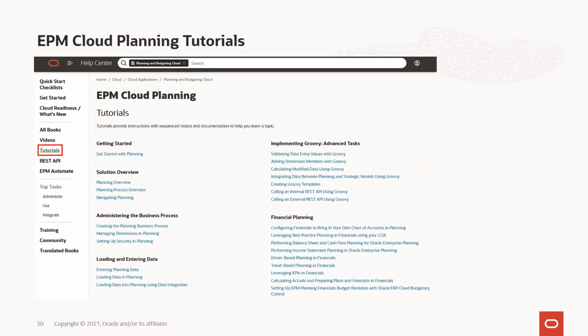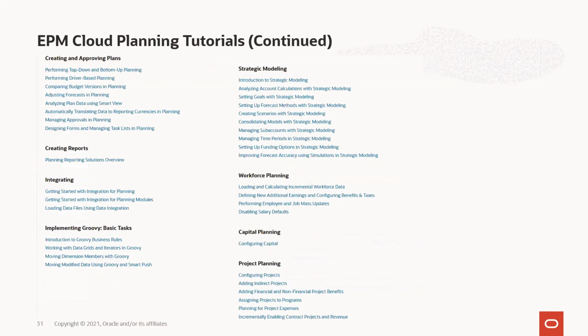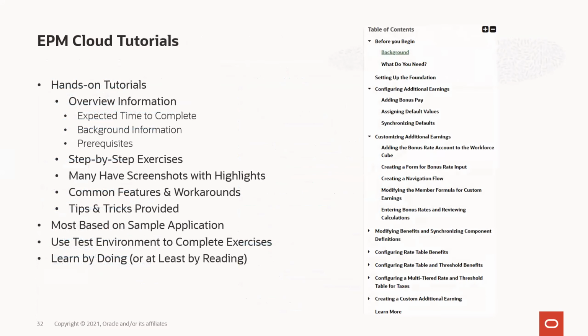And then you get into the modules. You get financial planning with a whole bunch. Continue on, the whole thing about creating and approving plans, reports, integrations. There's some basic training there on the Groovy basics, strategic modeling, workforce planning, etc. So lots of tutorials that are out there that can help guide you through, and many of these are meant to be hands-on tutorials.